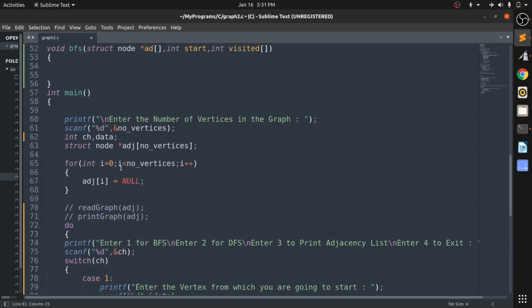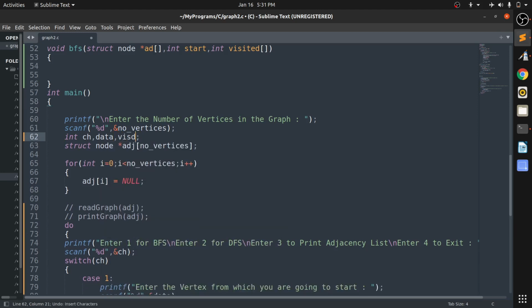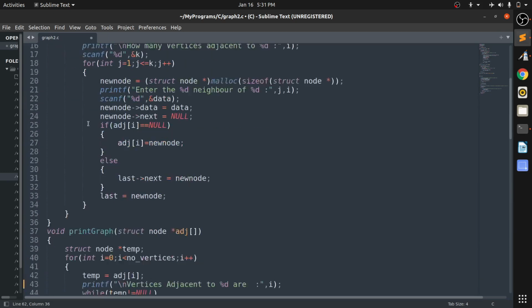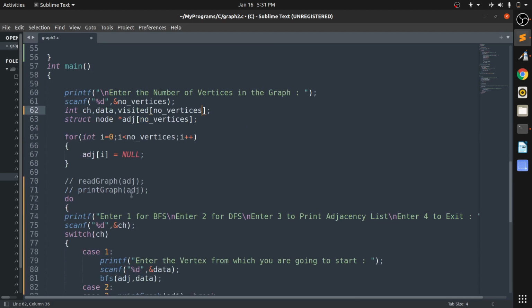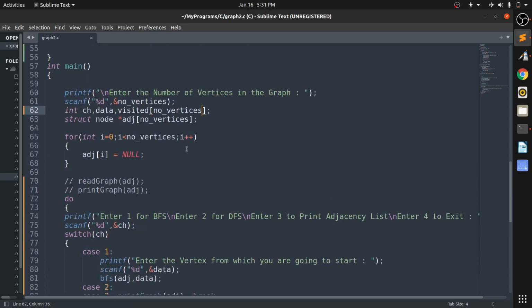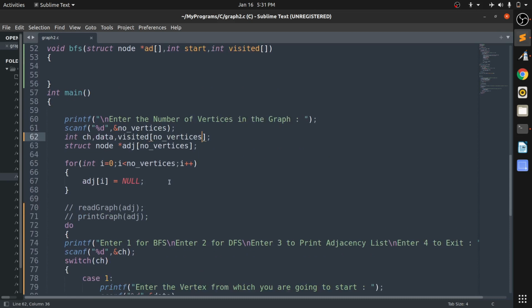Also I want to create an array, the visited array. I could also create that array as boolean, but then I require stdbool, so rather than taking such complex things, we are remembering this in a simpler way.